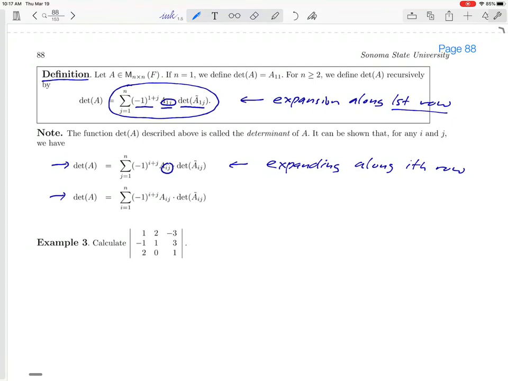And then the very last formula, same idea. The only thing that's changed here is that instead of j going from 1 to n, we've got i going from 1 to n. If you think about it, this is actually an expansion along the jth column. And our claim is that no matter which of those formulas we use, we're going to get the same number, and that number is what we're going to call the determinant. Okay, and in future examples, we'll actually use that with a specific